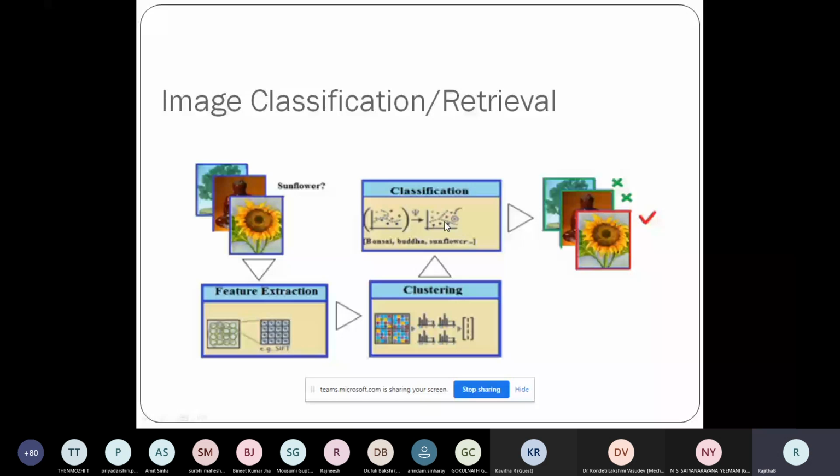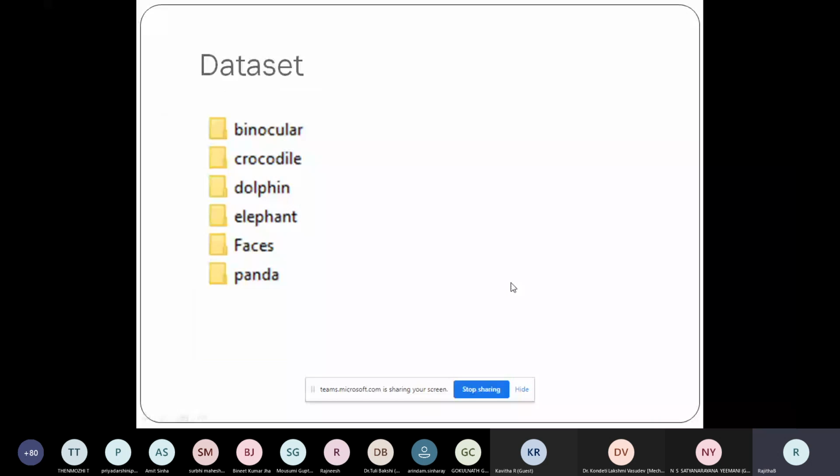Okay. So let's see how we do that. Let's say I have certain categories of images like binocular, crocodile, dolphin, elephant, faces, and panda. I have some categories of images with me, and let's say in each category I have more than 100 images. Now on this, I'll train my model.